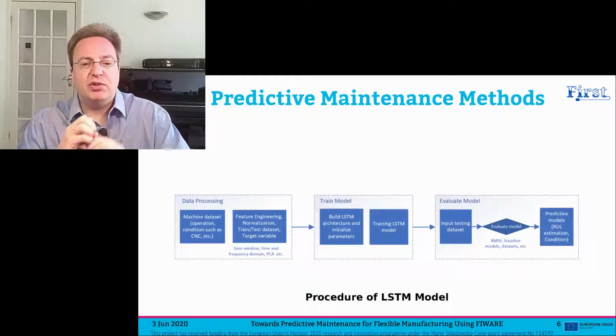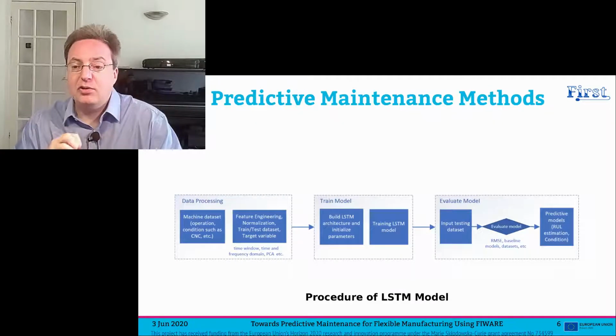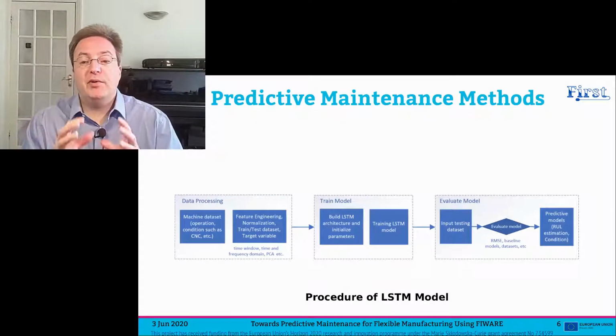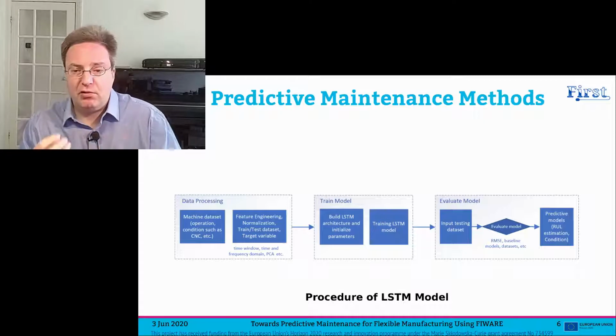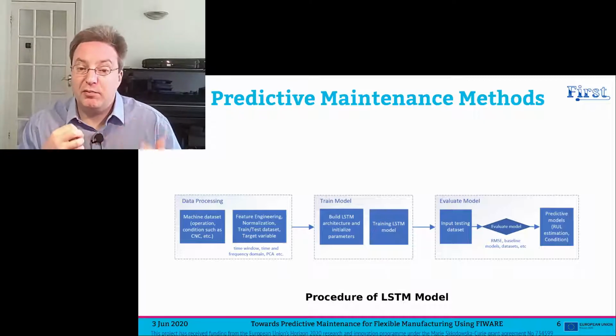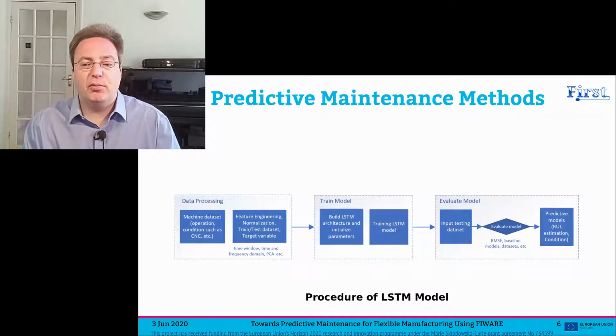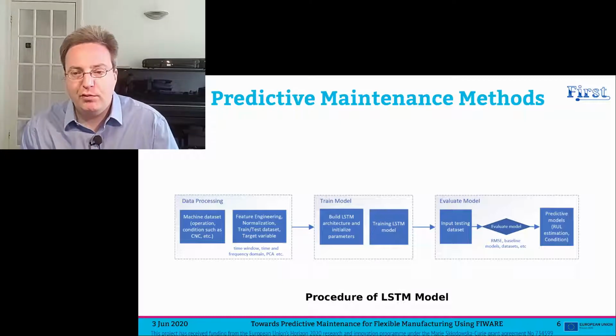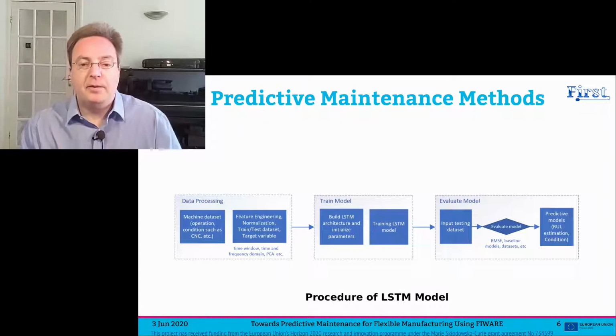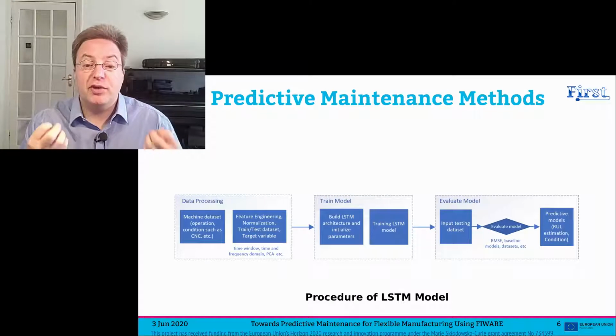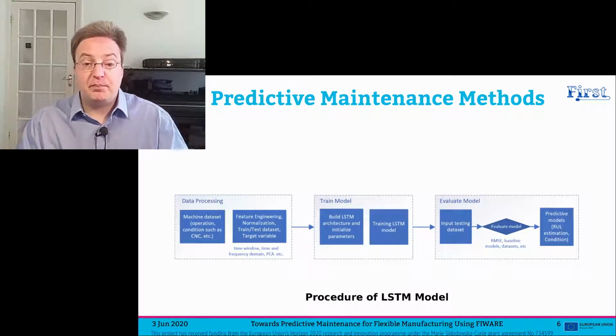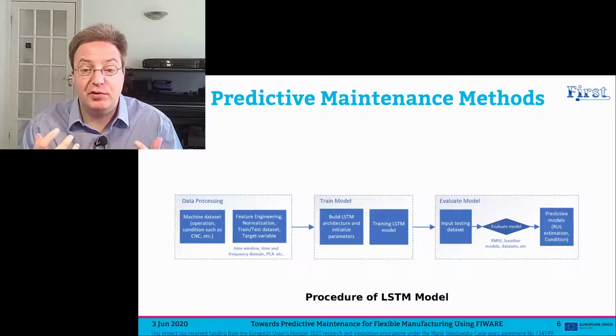On the second research question, predictive maintenance, we have used the long short-term memory network approach. This particular recurrent neural network overcomes the complexity in memory problems and is thus quite suitable for the problem of predictive maintenance. As shown here, the model creation starts with data processing, first collecting the data from various sources and